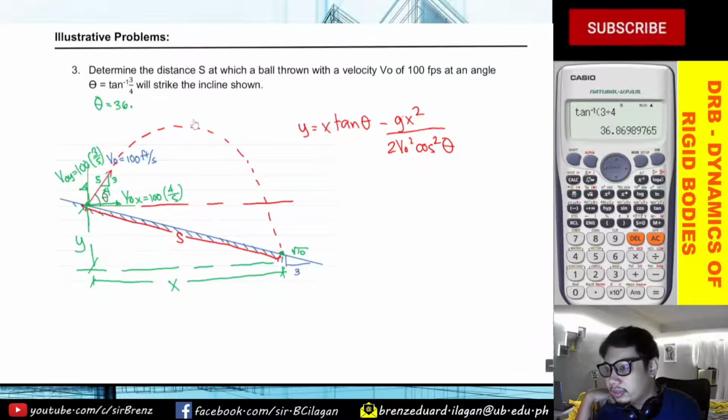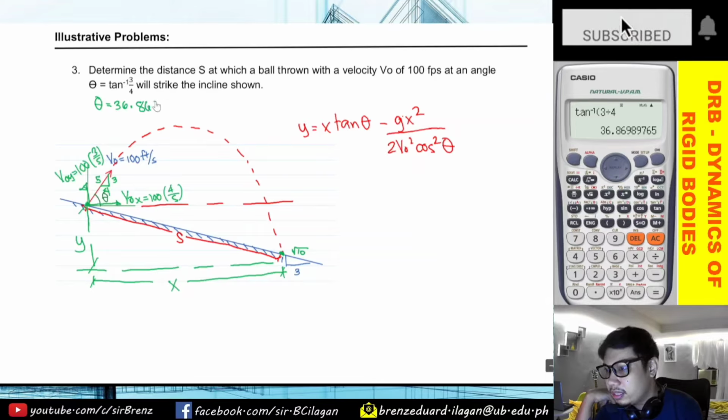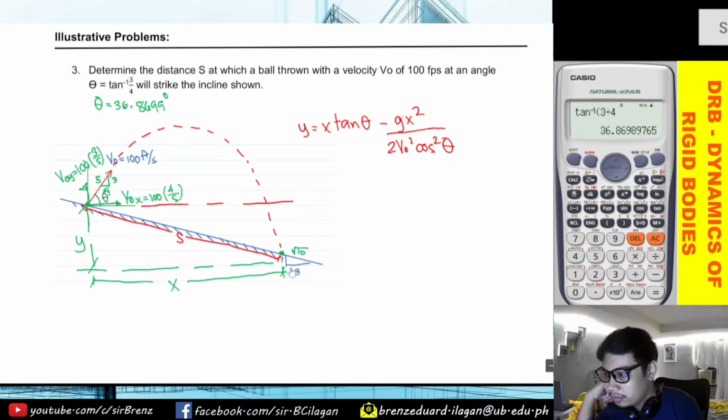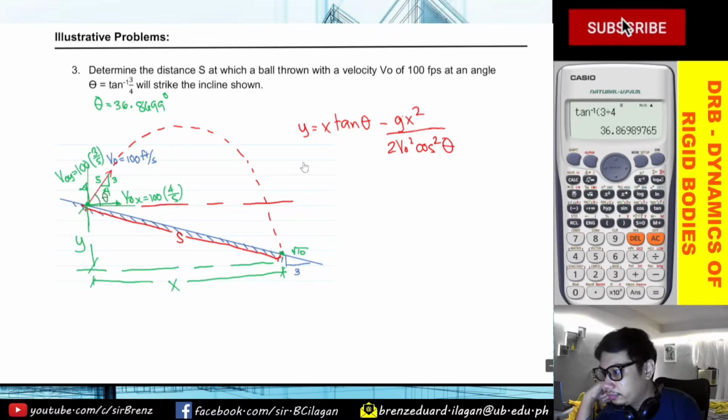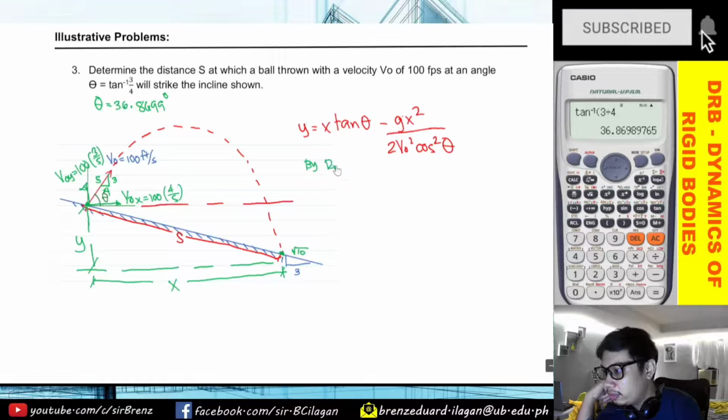36.8699. Alright, so meron na tayong angle. So, ang gawin natin, mag-ratio and proportion tayo. Itong triangle na to, again, is equals lang dito sa slope na yan. So, 1 over the square root of 10. Or, if you're going to relate, ito nga, so by ratio and proportion,